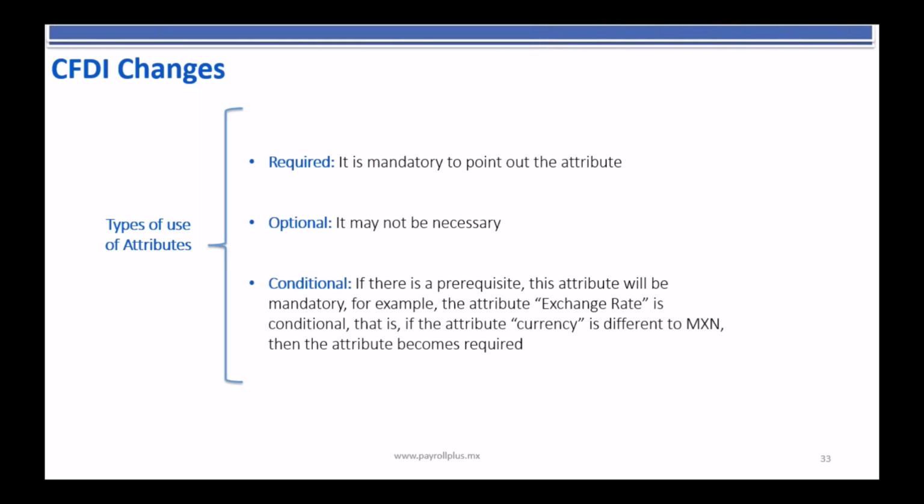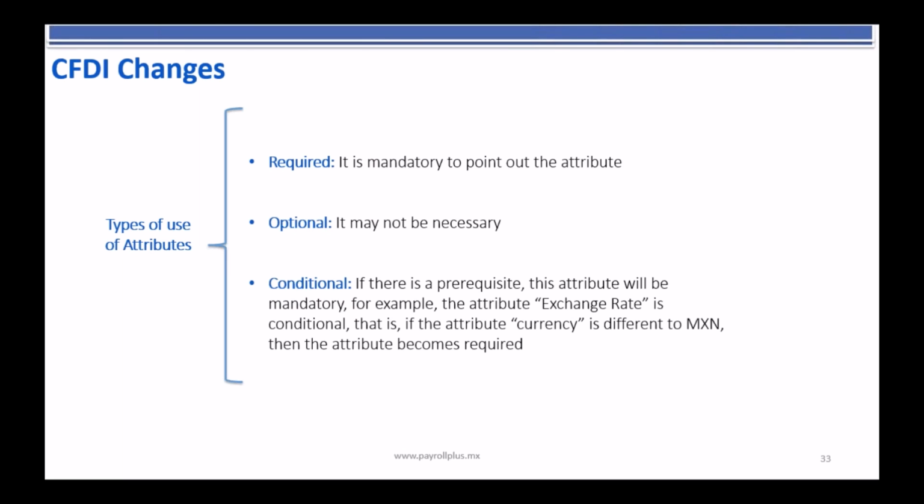But if you had an optional field, you just can leave the space blank and there was no problem. But here they're adding a conditional type of field, which will be mandatory whenever you fall into a certain situation. For example,